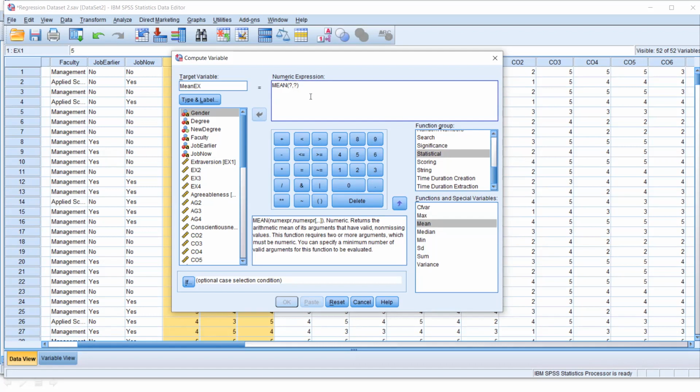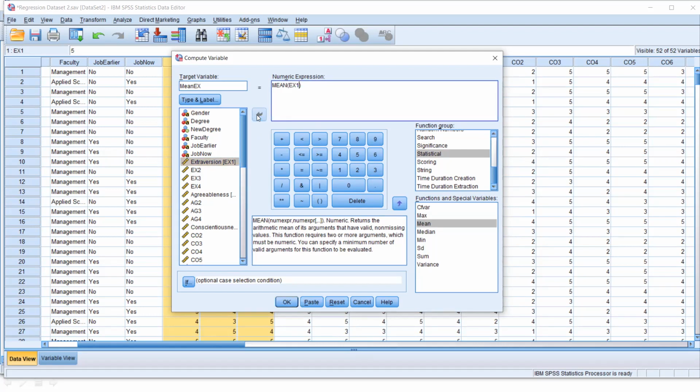So you can remove the question marks within the brackets, මේ අර question mark ටික මකන්න. Then you select your valid measurement items for the first independent variable, right? You can click it and then use this arrow to select the first one. I do it again, right? Click the first one and choose this one.